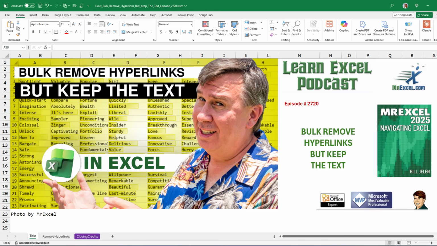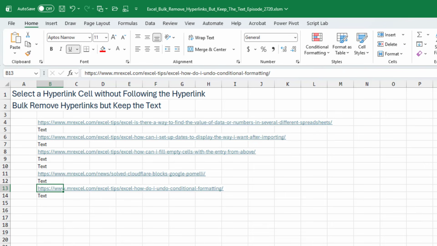How to bulk remove hyperlinks in Excel, but keep the text. All right, so Kim has a huge spreadsheet with a mix of text and hyperlinks. And of course, it's super annoying because if you try and click on a cell that has a hyperlink, it